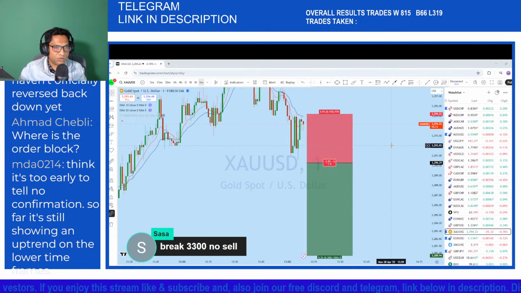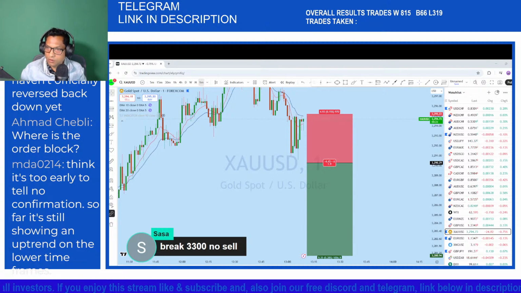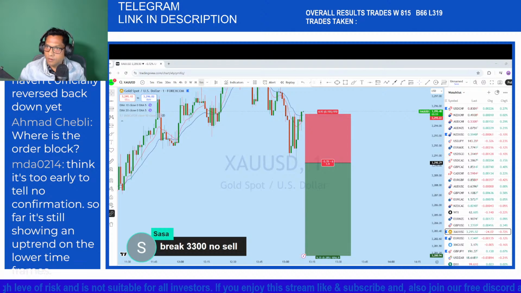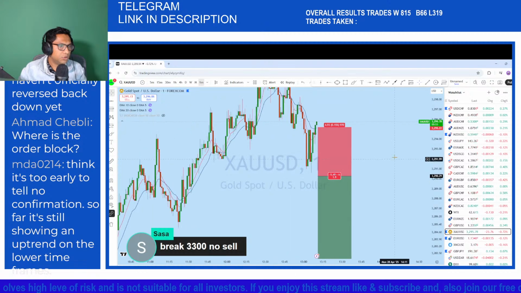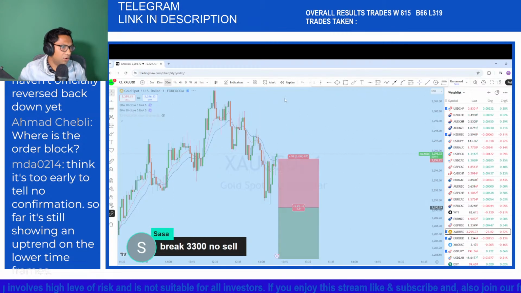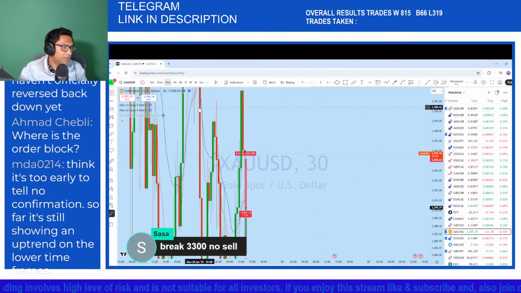Sell stop at 3290.29, stop at 3295.23, and TP target at 3280.94. So place the sell stop here. If the market breaks below, then we will be in that trade,